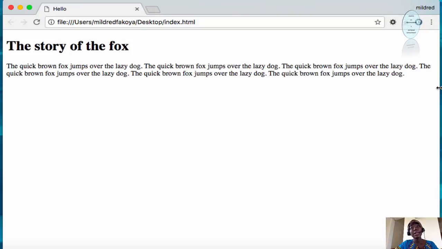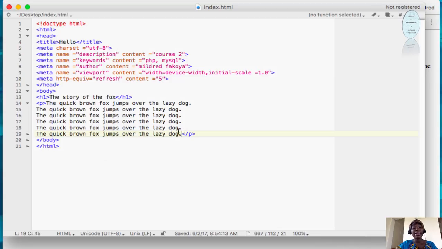The text you write within the P tag runs to the end of the page and does not break, even though I wrote every sentence on a new line. I have everything on the same line until it reaches the end of the line, then it breaks to the next line. If I want to change this and I decide I will create a second paragraph,